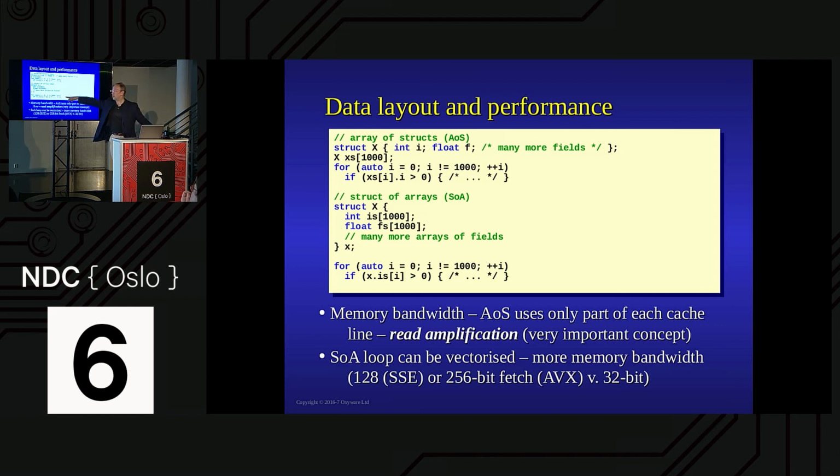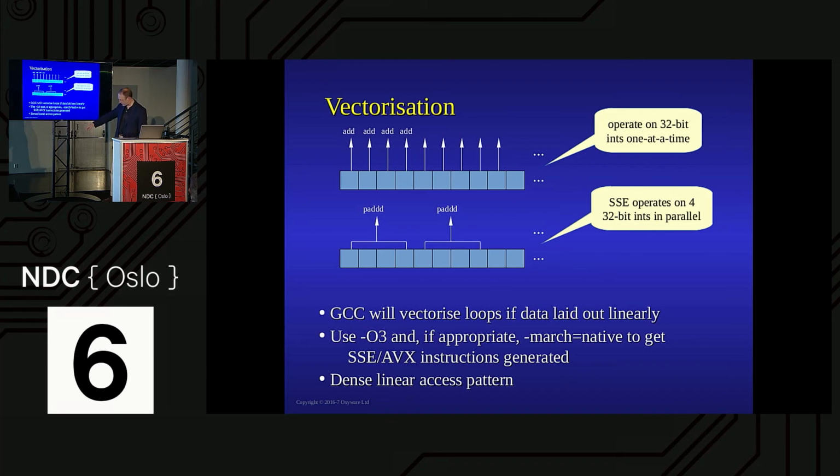If you go to this one here, now we've got a dense linear pattern like this, the compiler goes, ooh, look, I can vectorize this. So we can use the SSE or AVX instructions. So instead of picking them up like this, 4 bytes at a time, 32 bits, it can say, actually, I can pick up 4, maybe even 8 elements at a time. So GCC will vectorize like this. Visual Studio does similarly. It's a dense linear access pattern. So if you want performance, a dense linear access pattern is a really good way to go, nice and fast.